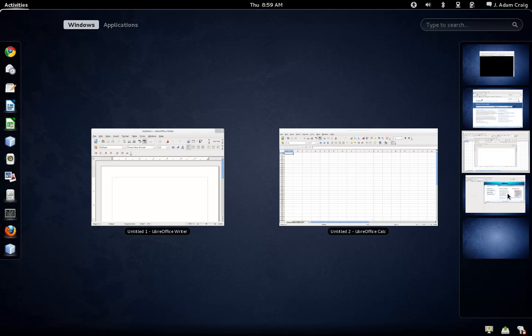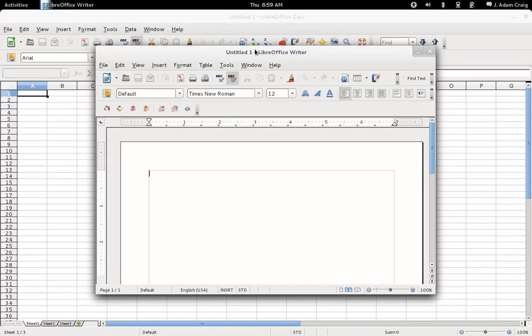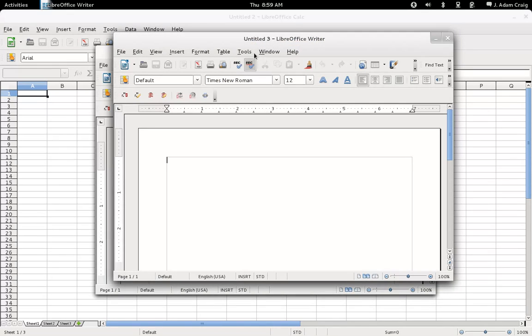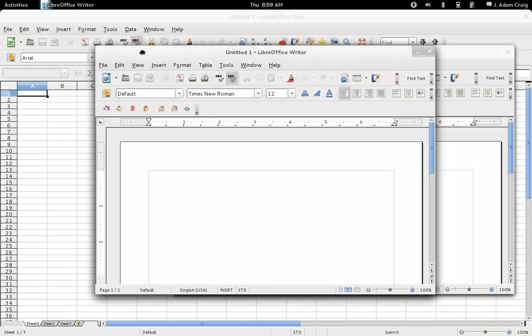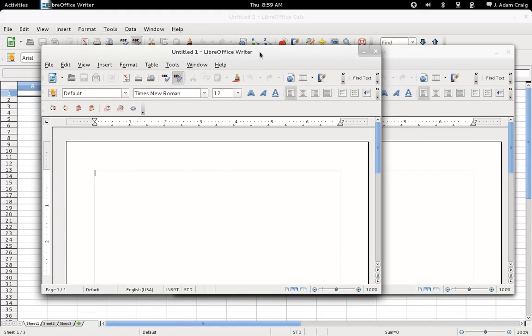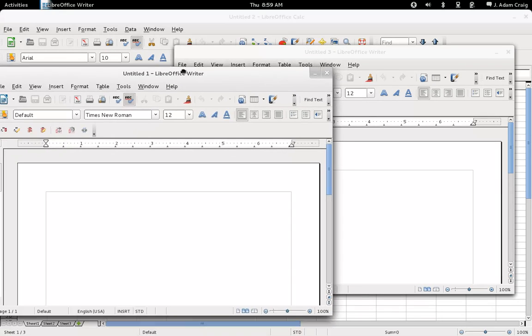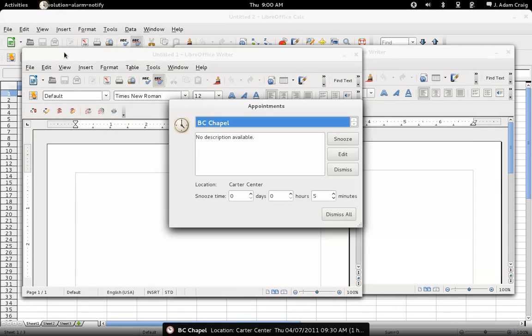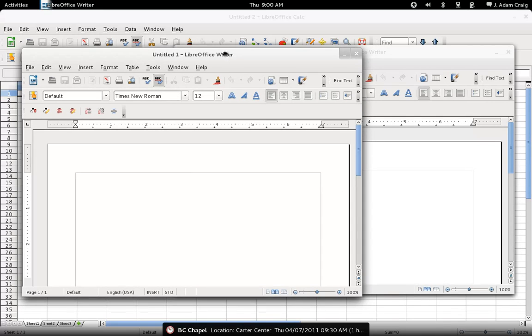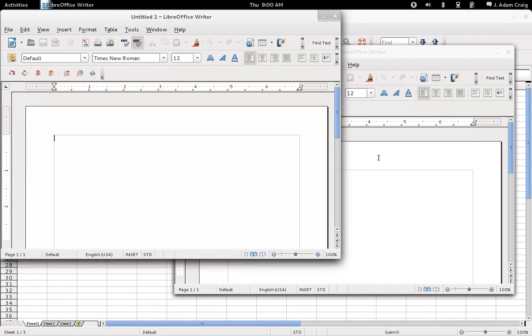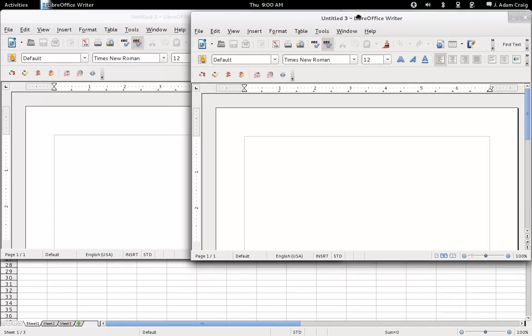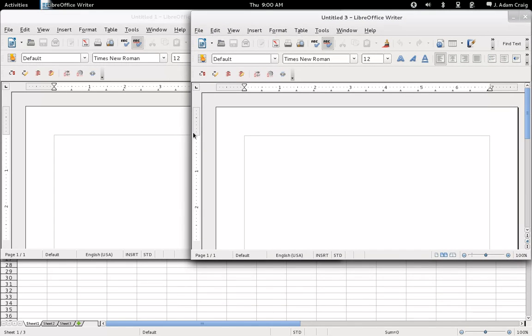But it could be possible that while I'm working on my Word document, I might need another document open in order to have my outline up as I'm typing. A nice thing about GNOME 3 is you can just snap windows to where you want them on your screen. If I wanted in the old way to have two documents open side by side, I'd have to kind of try to line them up and then play this guessing game, and